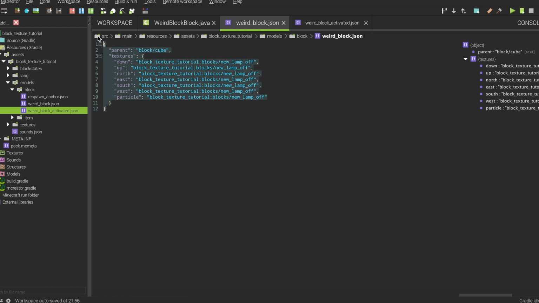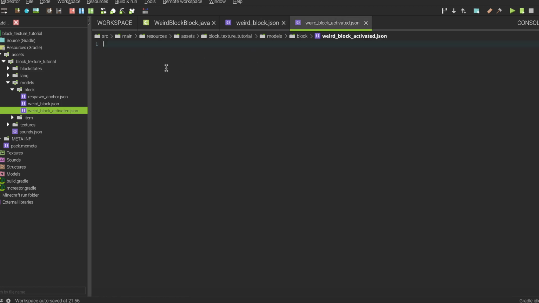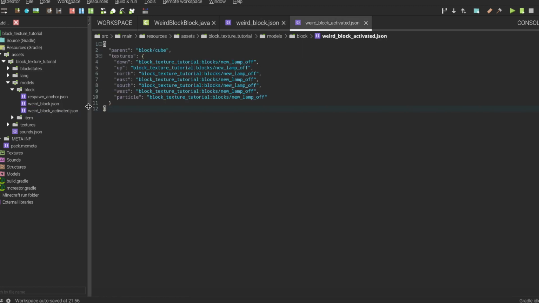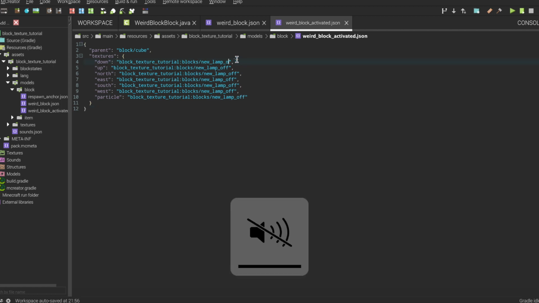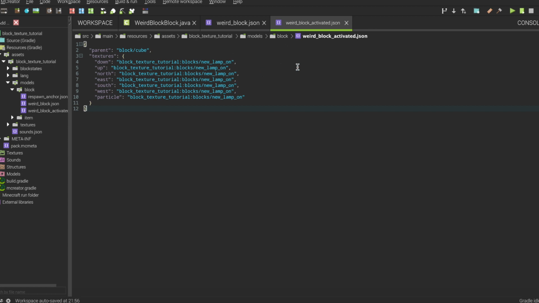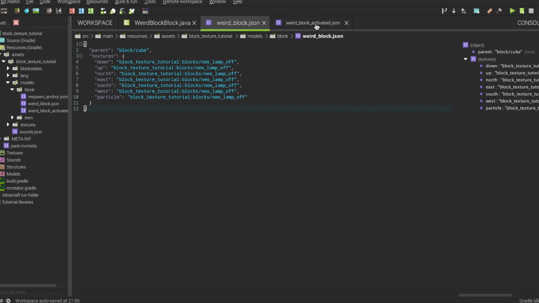So I'm going to copy paste this from the weird block to weird block activated, and replace just the off by on. I'm doing this, so it should be great. Okay, and I save it like you see.